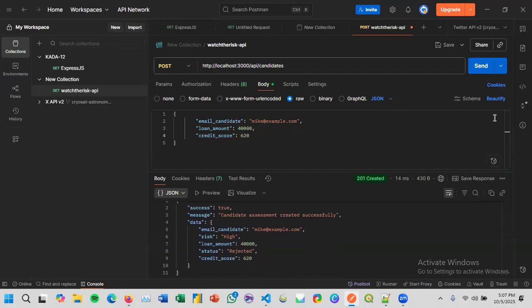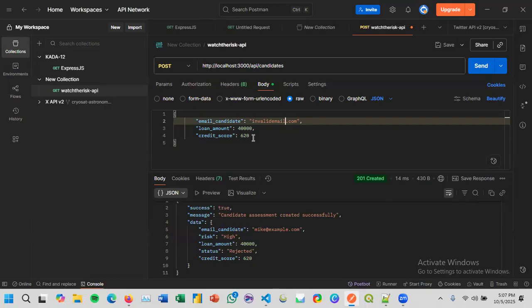And for test number 4, we will try the conditional that detects an invalid email, which in this case does not use the at symbol, and it will return a bad request error. We will try to do this: invalid email.com.